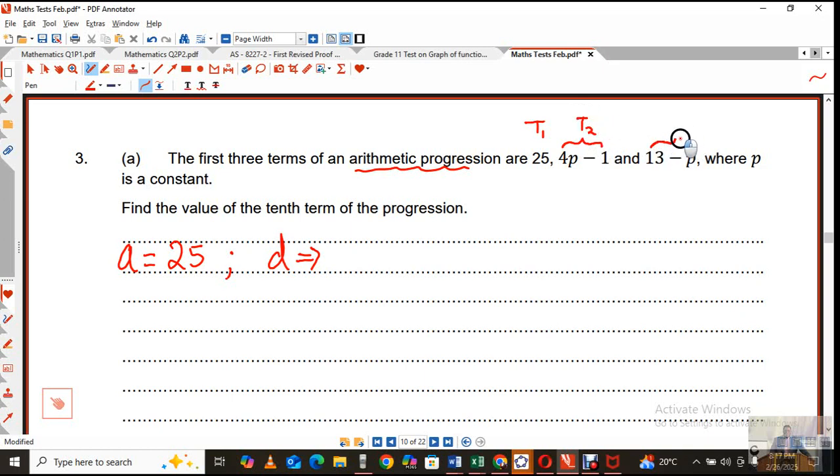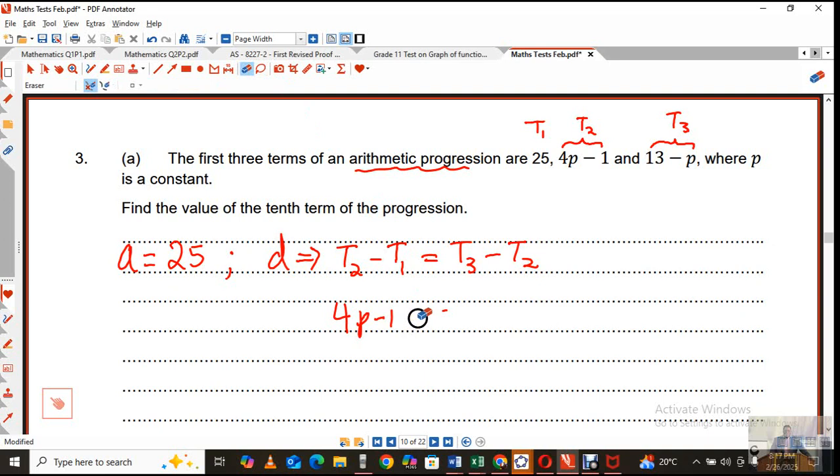This over here is my third term. So for you to find the common difference, you take the second term minus the first term, which should be the same as the third term minus the second term. Since I'm subtracting expressions, I'll be inclined to put brackets. So my second term, 4p minus 1, minus 25,